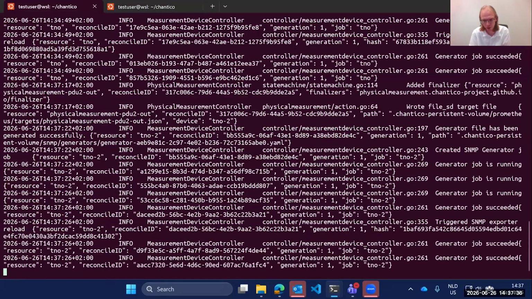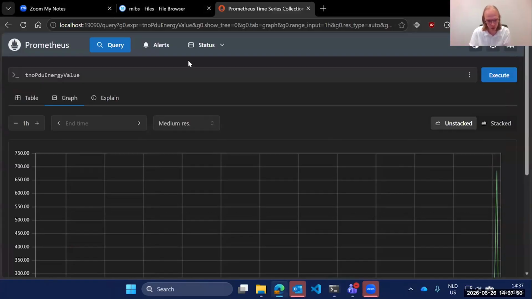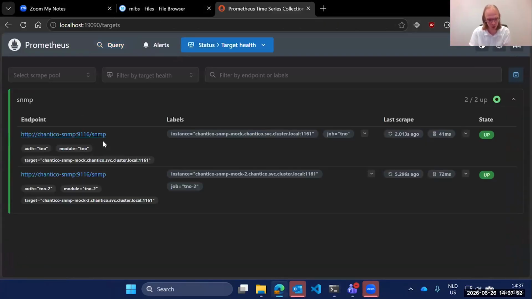And in the background, the controller is generating configuration files, updating deployments, and performing exports, such that it will all be handled and put into Prometheus. So now we can see that there are two endpoints here.